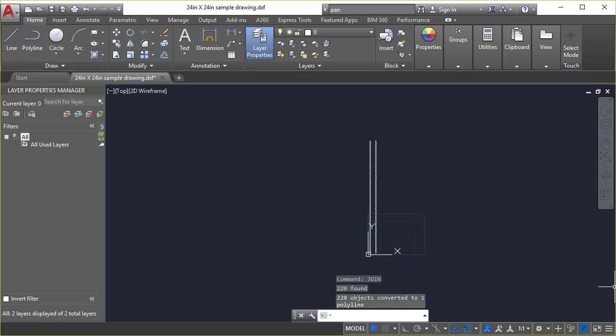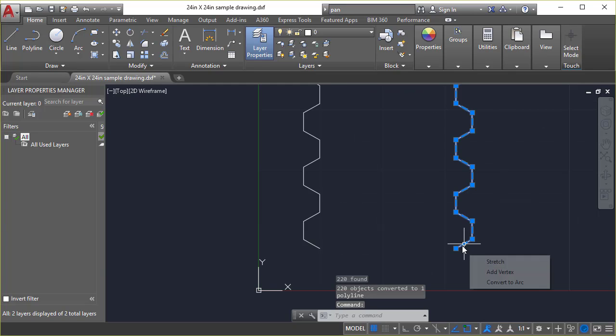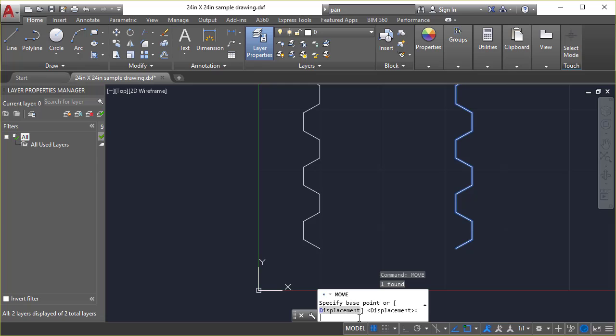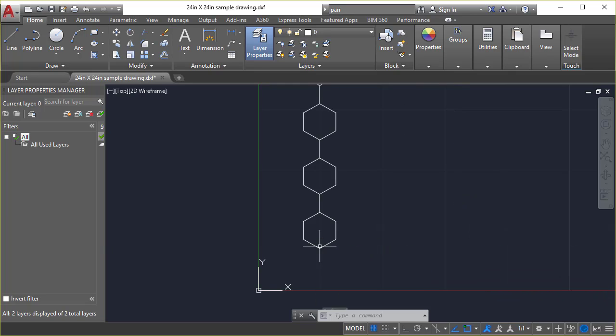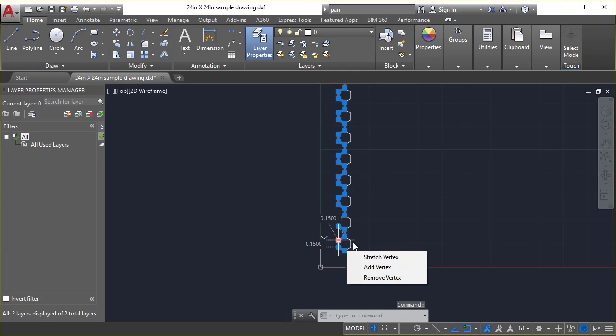So now I have two polylines, and if I zoom in on here, I can select this one, and if I want to move it from there back over to here, so now I have it back in position. So now I have two polylines that aren't arrays, but that will help make the process much simpler in Enroute. And so now if I select both of these,